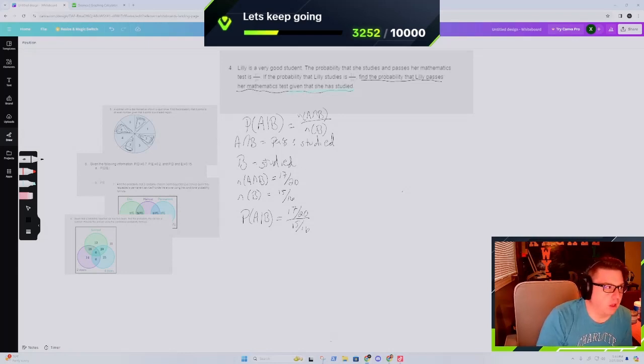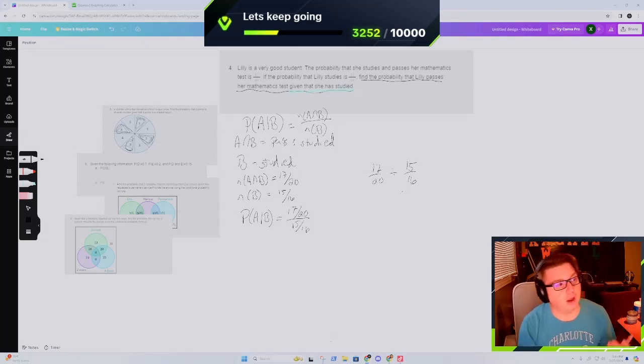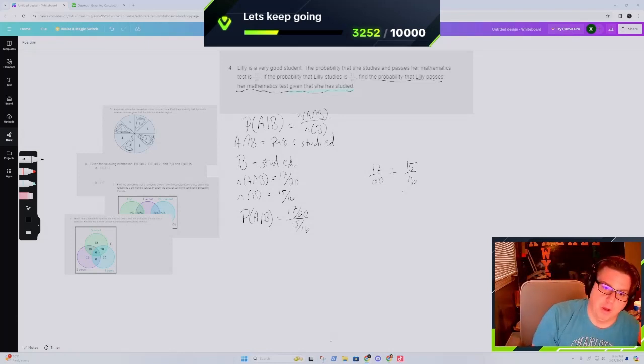Now, if we want to do this longhand, we can. We can do 17 over 20 divided by, I'm going to make my divide a little bigger, 15 over 16. I was never taught how to divide fractions, but there's a trick: 17 over 20 multiplied by 16 over 15. So that's how we're going to do it. And we change it to 2 times 10 gives me 20, and 2 times 8 gives me 16. Then I can one out the 2's and do,